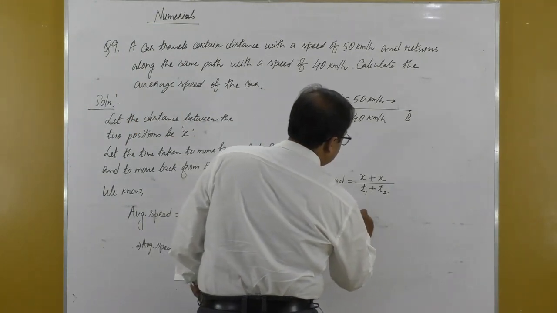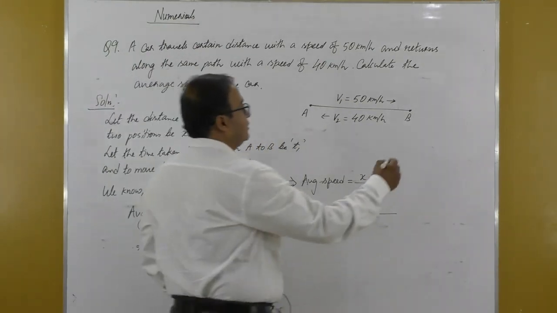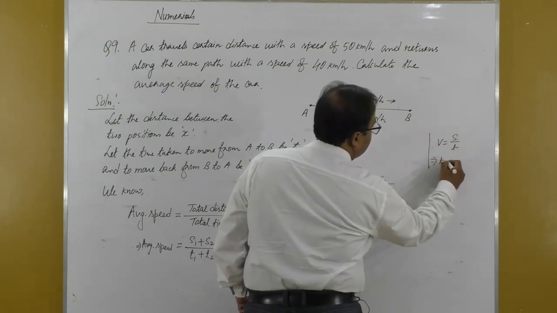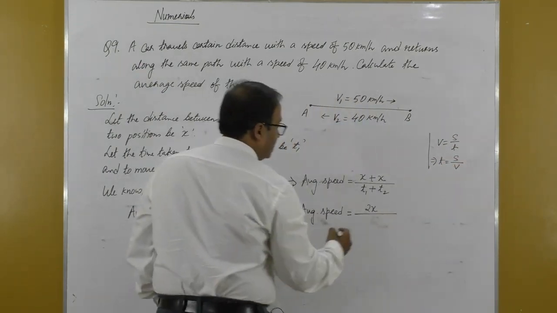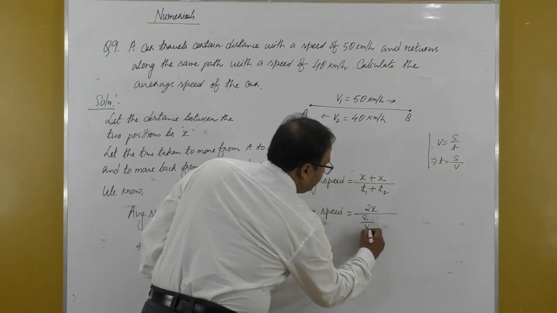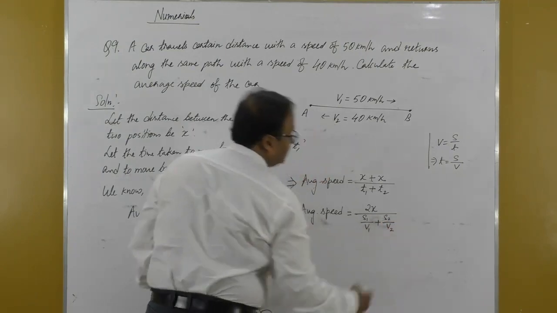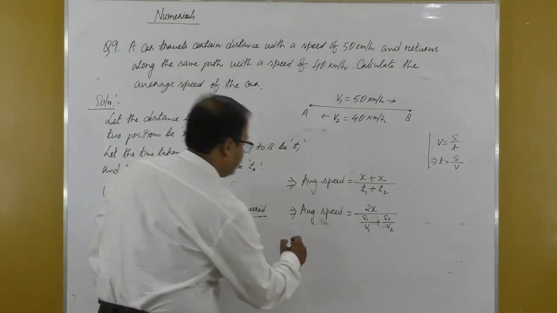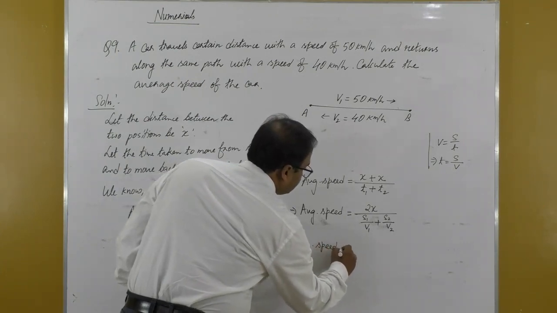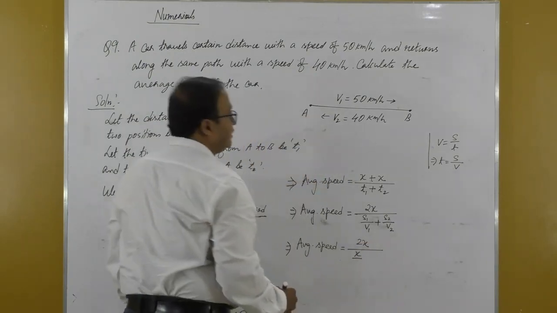So average speed is twice x here, and T1, you know that V equals S by T. So T is equal to S by V. So instead of T1, we can write S1 by V1, and instead of T2, S2 by V2. So average speed is twice x by